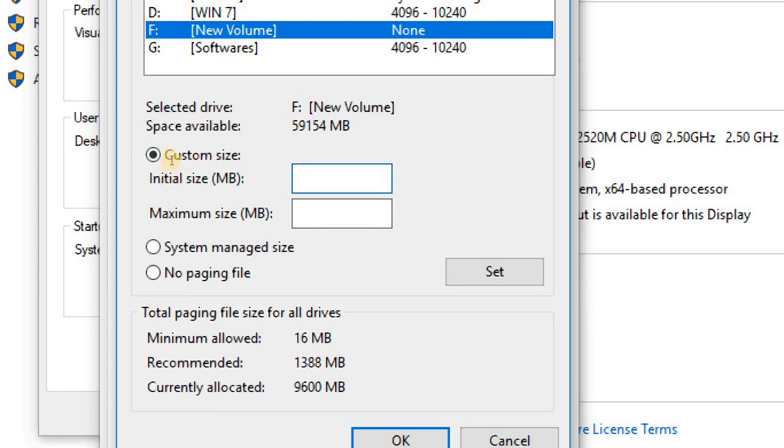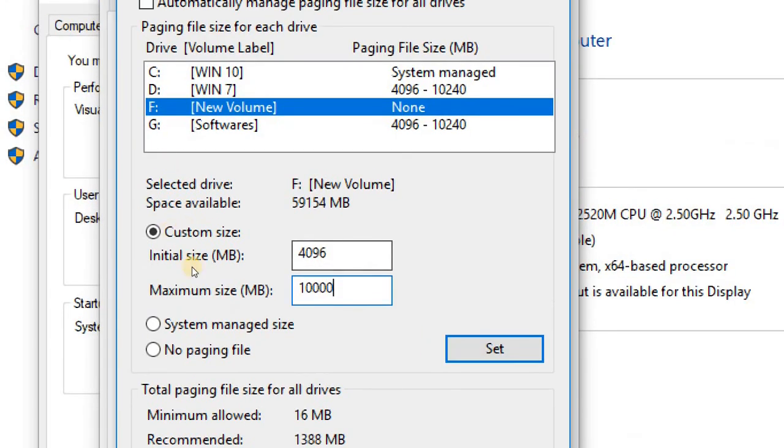Here give your 4 GB RAM size, like this: 4 GB is 4096. For the maximum, multiply 4096 by 2.5, which comes to about 10,240 MB, but we can also give 10,000.